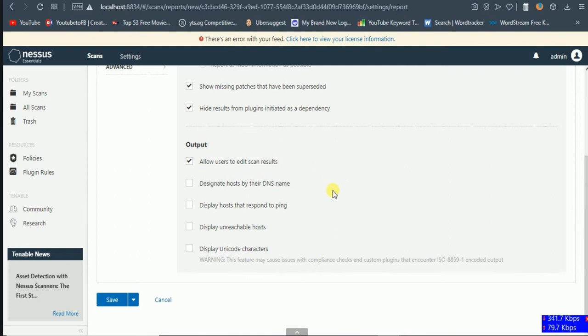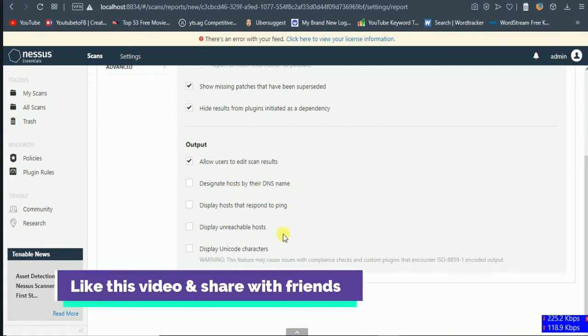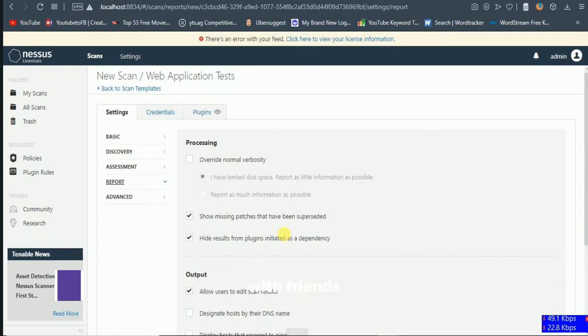You can also choose options like designate hosts by DNS name or display hosts, but I don't want any of these. So just let it go and move on to the advanced section.